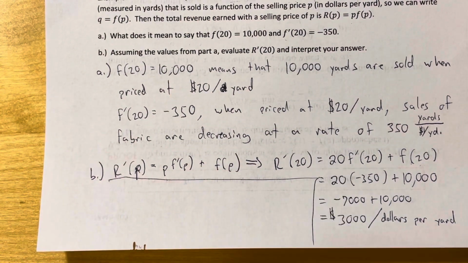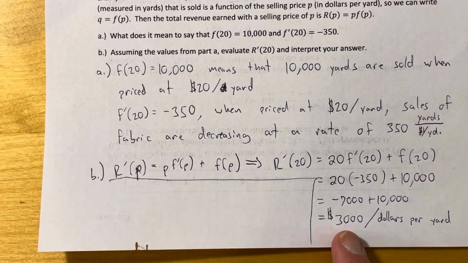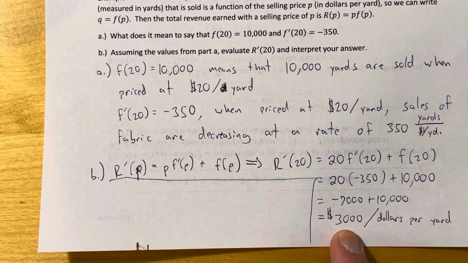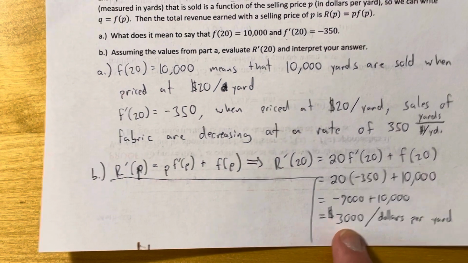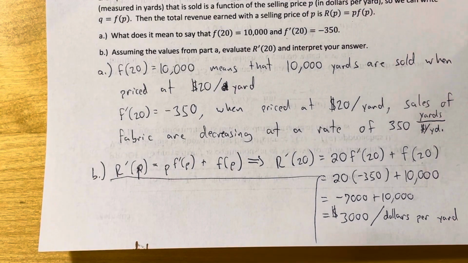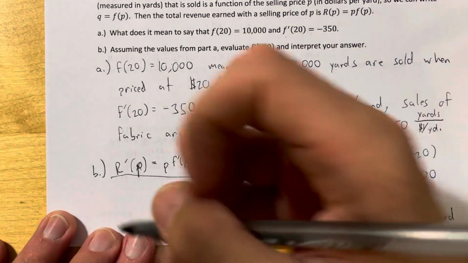So what this sort of implies for us is that we may not want to drop the price like we initially assumed in part A, because even though we're seeing a decreasing rate of change in our sales, the price is high enough that it sort of overcomes that, and we're still seeing a positive rate of change in our revenue. When our revenue's rate of change starts to become negative, that's when we think of that as losing money in the long term. So this means